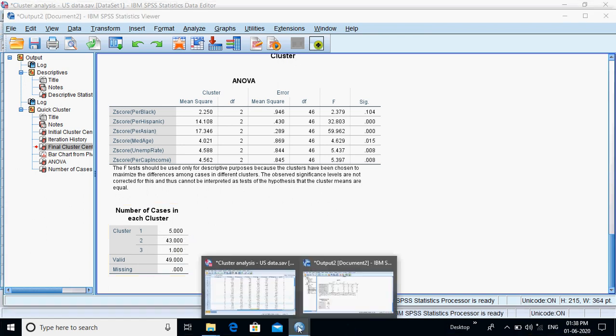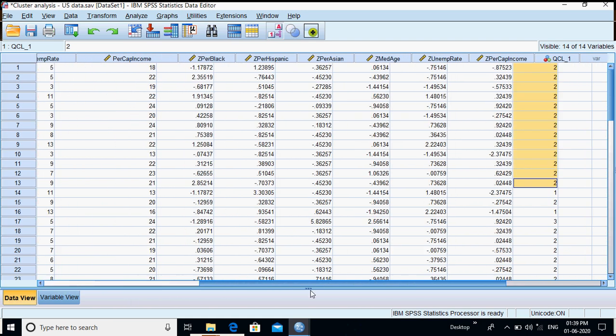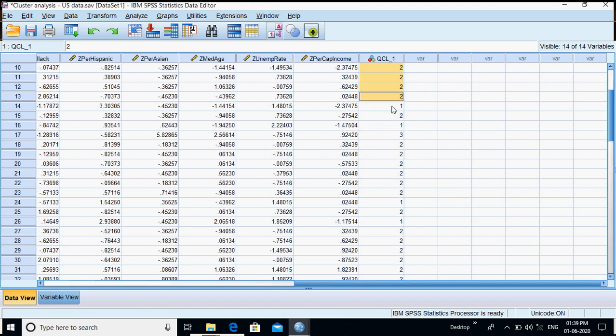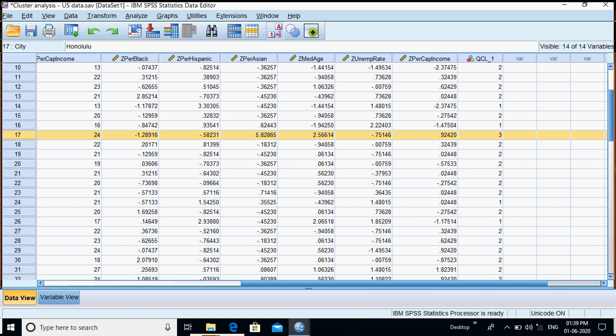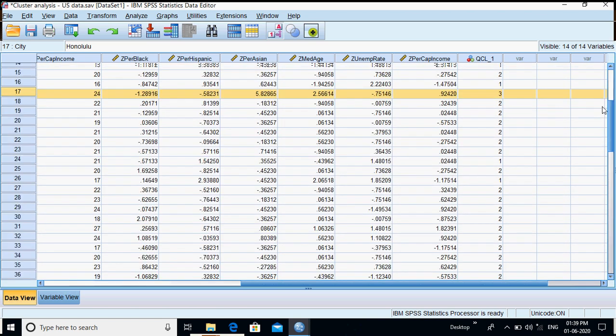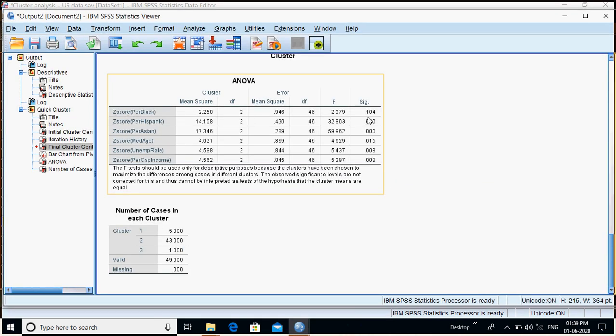Now let's go back to the data view. You can see we have checked the cluster membership option in the analysis. This shows where each of these data points falls, in which cluster. So all these data points fall under the second cluster, whereas you have some under 1 and only 1 under 3, because we had only 1 case point under cluster 3 and you would not observe any other cases under cluster 3.